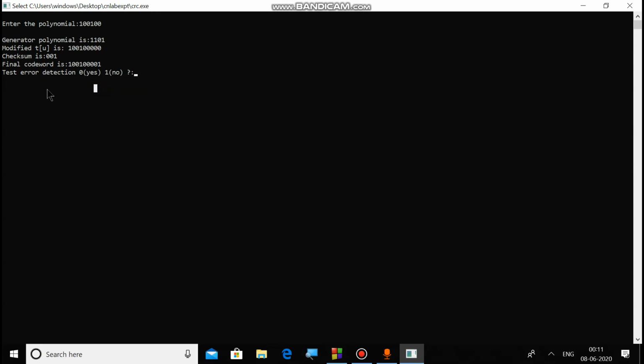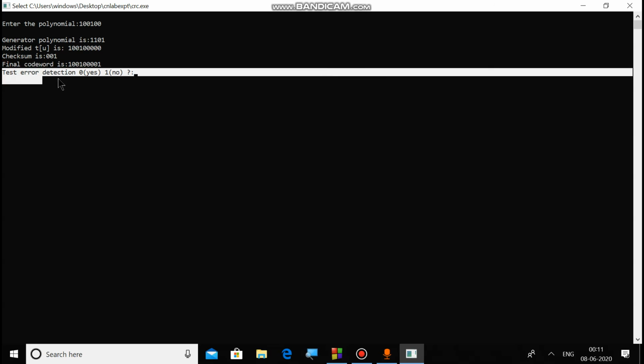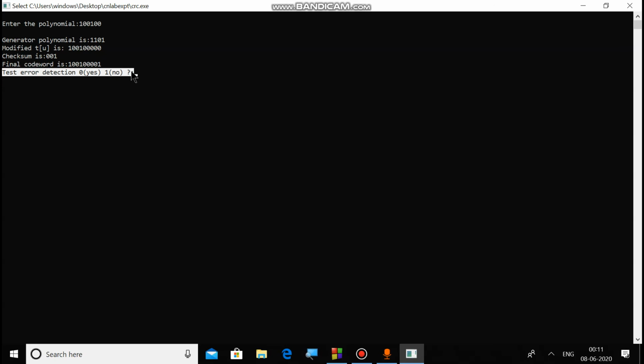Let us introduce error. I'll type now 0, that is to test with error detection. Enter the position where the error is to be inserted.